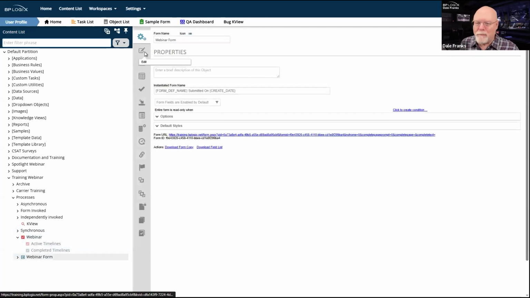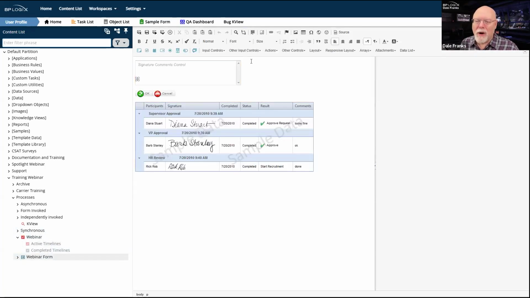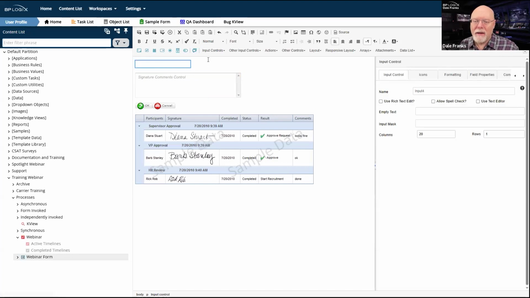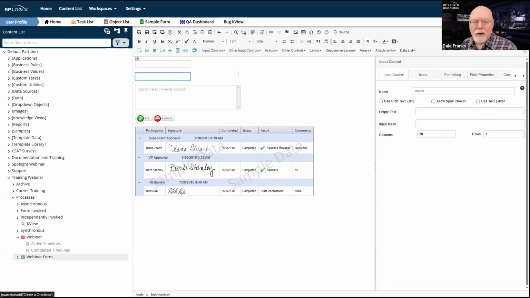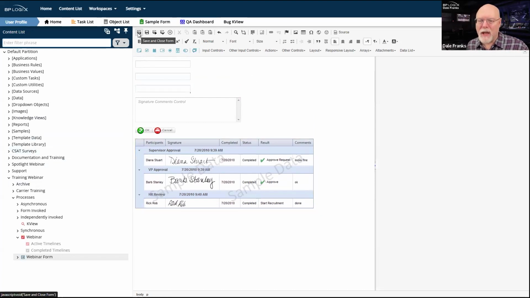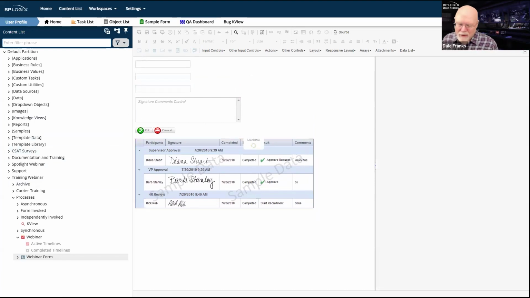Forms are a bit different. So here's what we're going to do. We're going to add some controls to this form. So we'll add 1, 2, and 3 text boxes. And we'll save and close the form definition. Okay, great. These controls did not exist in older forms. So what are we going to do about that? Actually, we probably, in most cases, don't have to do anything.